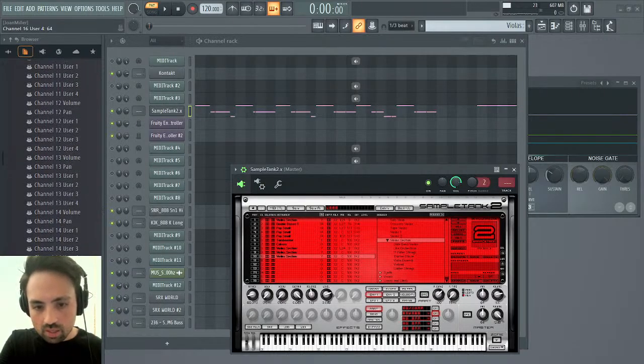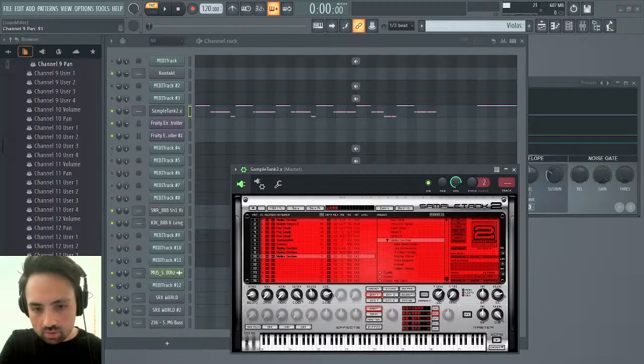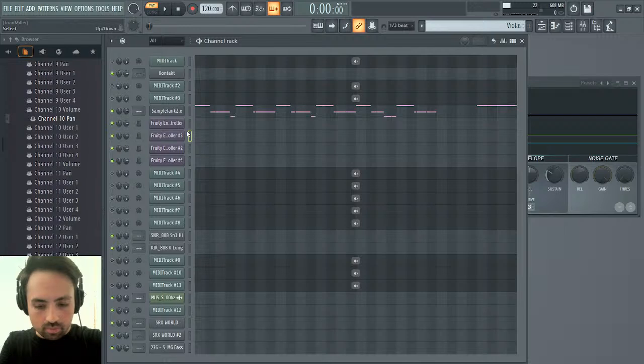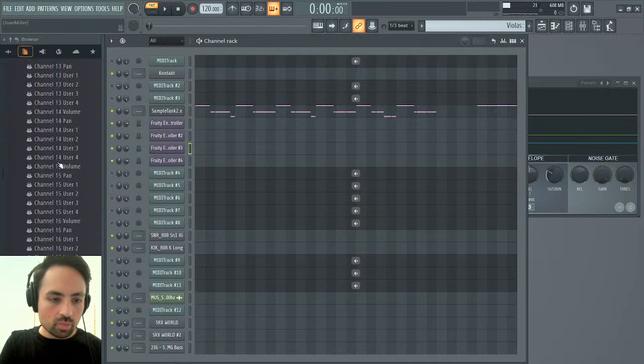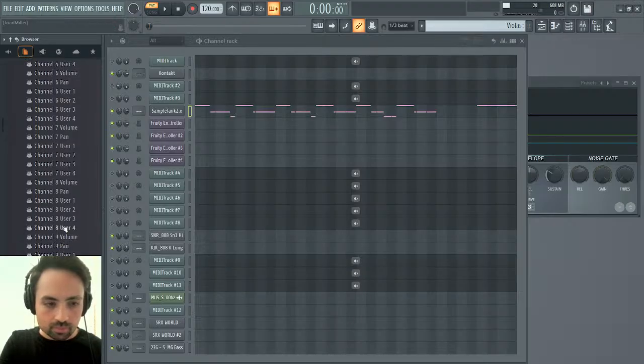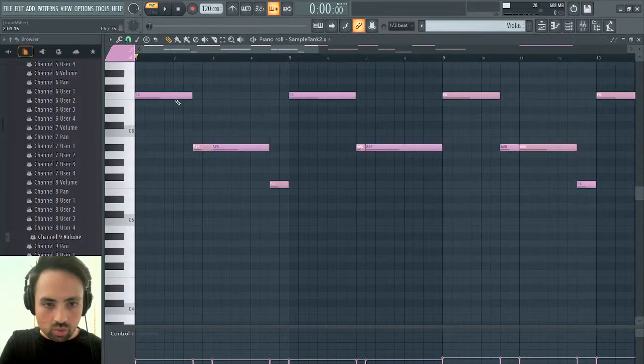Okay, and this one is panned to the right. And now I'm going to need 2 more controllers, so let's clone both of these. And these are going to be mapped to the volumes of 9 and 10. So channel 10 volume goes to the 4th envelope controller. Channel 9 goes to the 3rd. Okay, and so we have